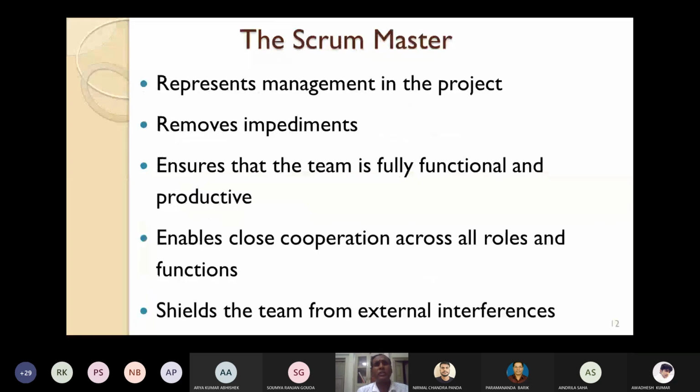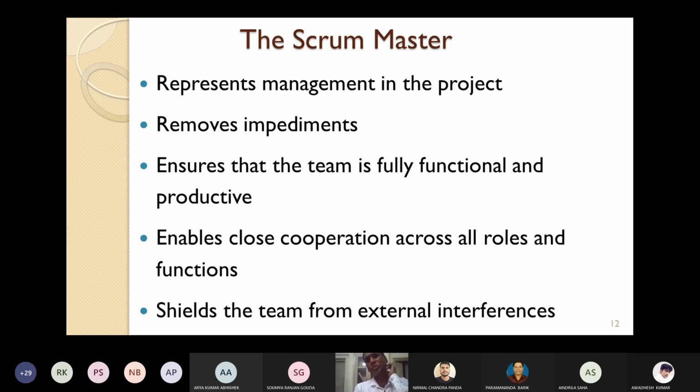Then what are the responsibilities of Scrum Master? The Scrum Master represents the management in the project. He removes the impediments, if any. He ensures that the team is fully functional and fully productive. Also, the Scrum Master enables close cooperation across all the roles and functions.